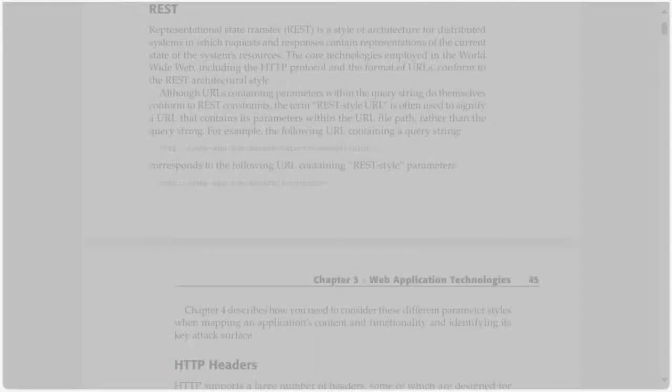REST. Representational State Transfer, REST, is a style of architecture for distributed systems in which requests and responses contain representations of the current state of the system's resources. The core technologies employed in the World Wide Web, including the HTTP protocol and the format of URLs, conform to the REST architectural style. Although URLs containing parameters within the query string do themselves conform to REST constraints, the term REST-style URL is often used to signify a URL that contains its parameters within the URL file path rather than the query string. For example, the following URL containing a query string